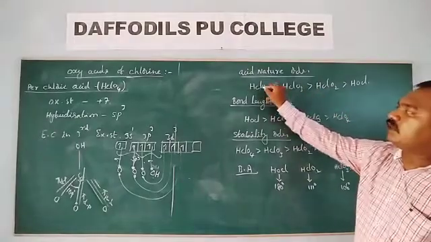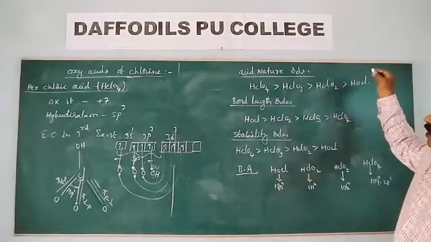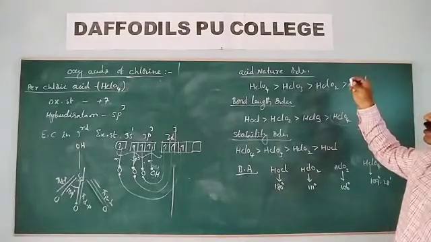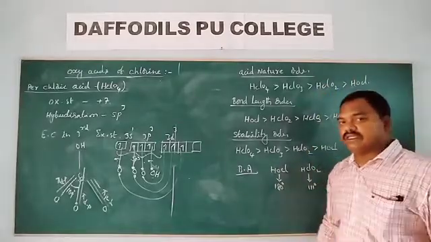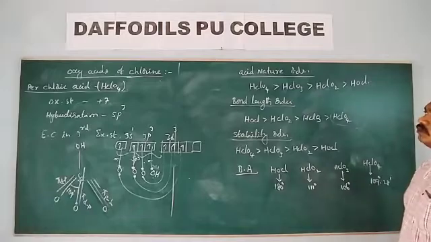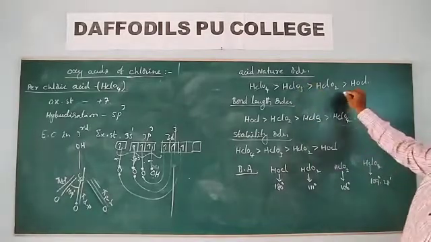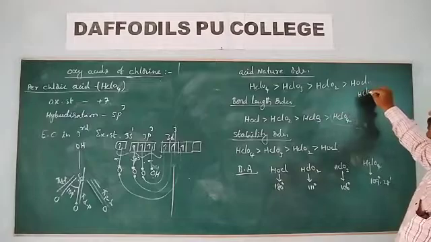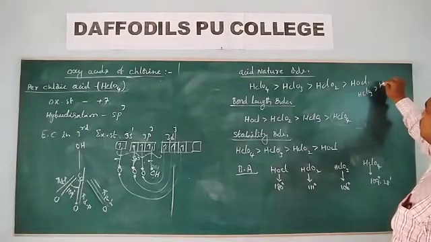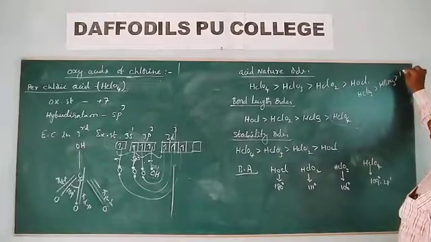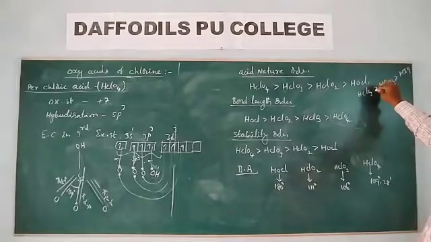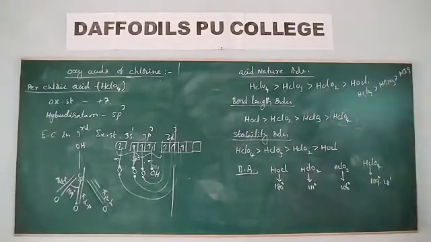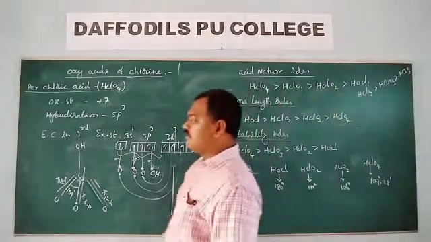So that part was only chlorine oxyacids. If we take different oxyacids, which are more acidic? Chlorine oxyacids are more acidic. Suppose you take chloric acid, bromic acid, and iodic acid. Among these three acids, which one is the strongest? Chloric acid is the strongest. Okay, this is about the oxyacids of chlorine.